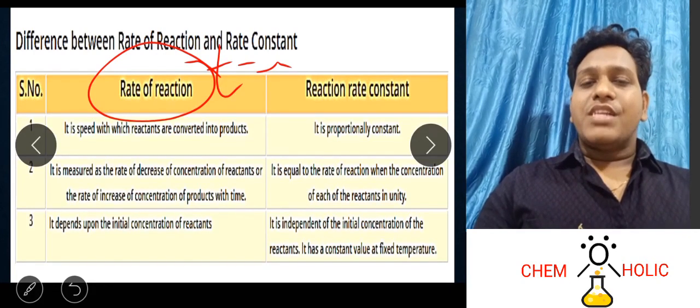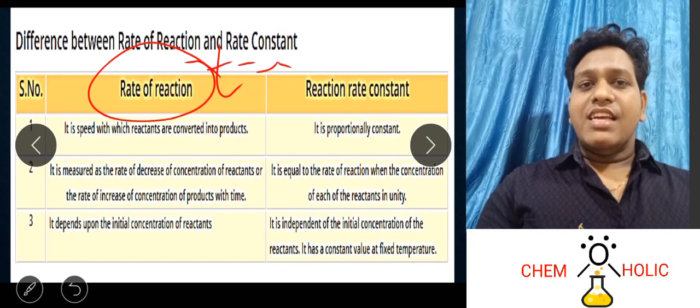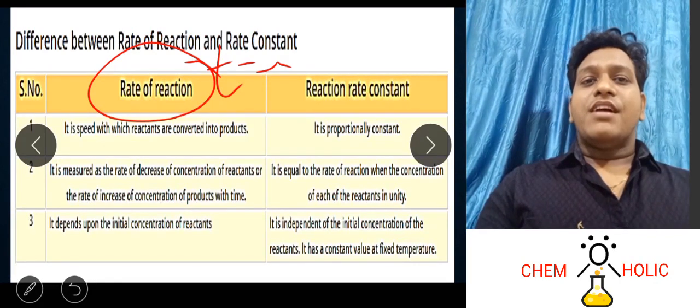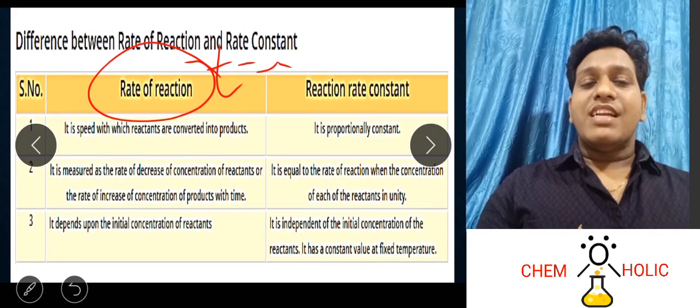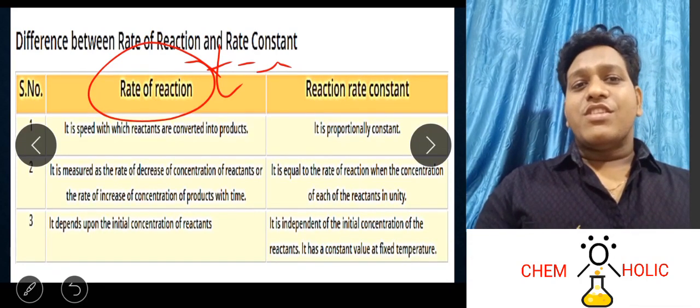So this was one small topic of chemical kinetics which we were dealing with. A few more topics are there, and for those the upcoming videos will be there. And one more thing, मैंने ऐसा प्लान किया है कि एक साथ पूरा चैप्टर पढ़ने के बाद अगर हम न्यूमेरिकल करते हैं तो इट विल बी वेरी डिफिकल्ट टू अंडरस्टैंड दैट विच फार्मूला शुड अप्लाई वेयर एंड विच टाइप ऑफ क्वेश्चन विल बी आस्क्ड ऑन दैट. तो हमने सिर्फ आज एक ही टॉपिक को बहुत डिटेल में एक्सप्लोर किया है, रेट ऑफ रिएक्शन और रेट कांस्टेंट.